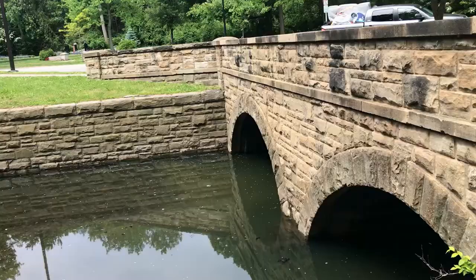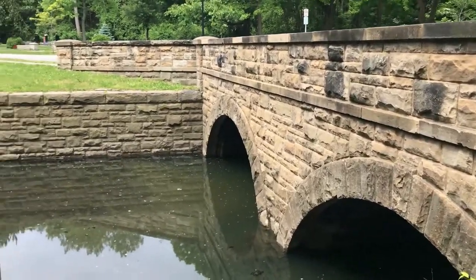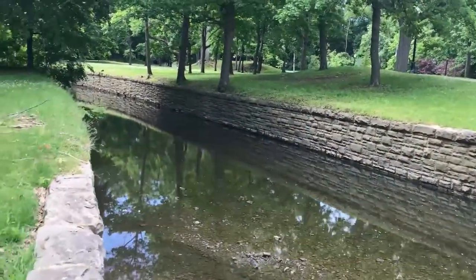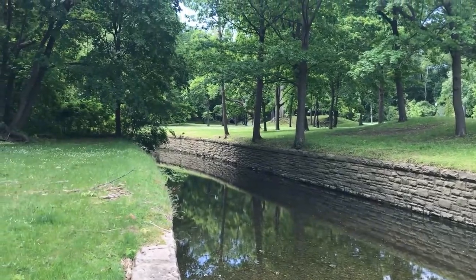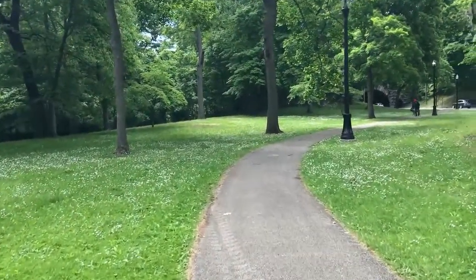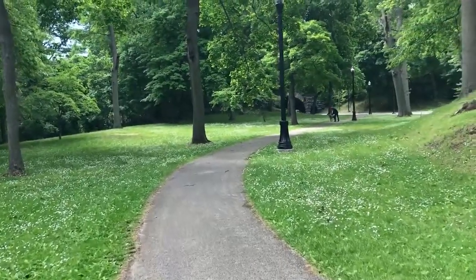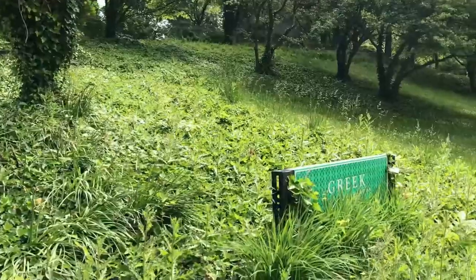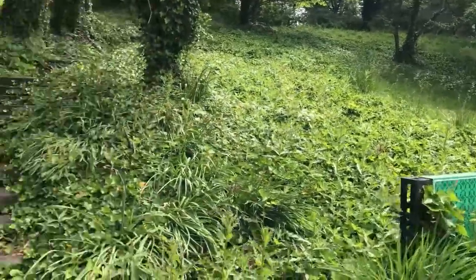Up ahead of us is not a cultural garden, but it is this gorgeous canal. Let me show you. Isn't this so pretty? It's like an actual gorgeous canal. Even if the cultural gardens themselves were not along this path, it is just a beautiful path to walk. So here is the Greek Cultural Garden, which